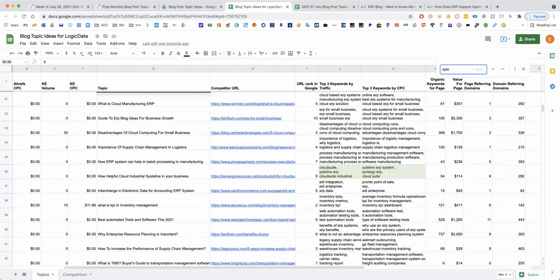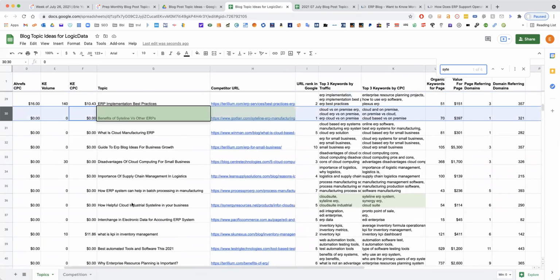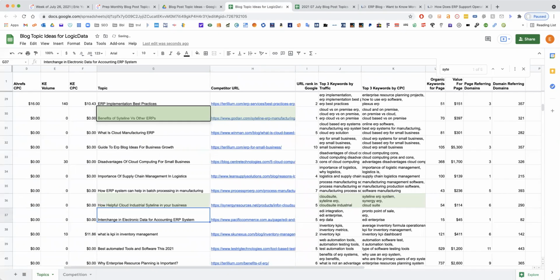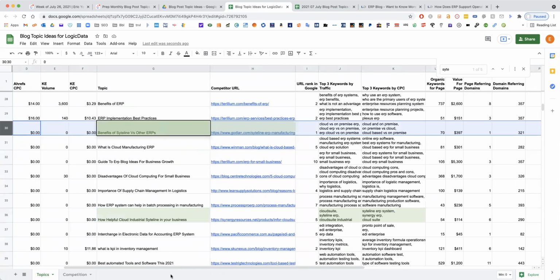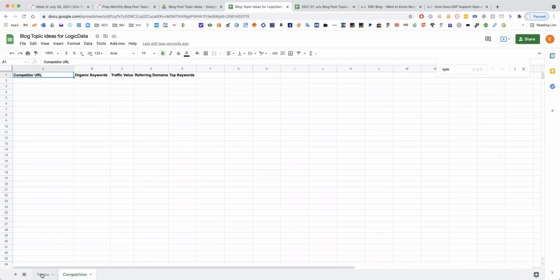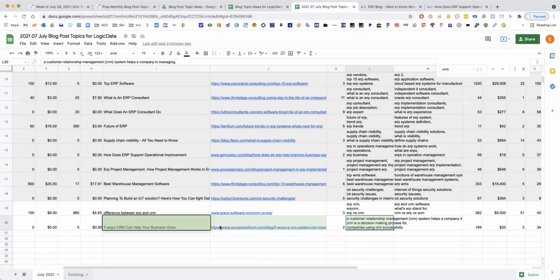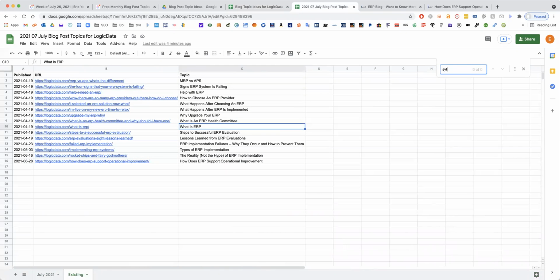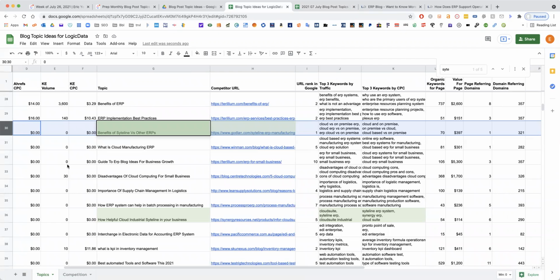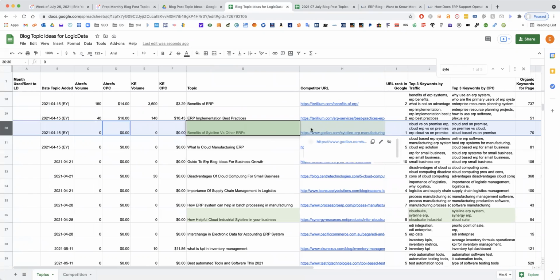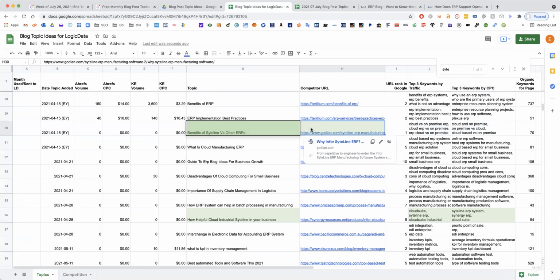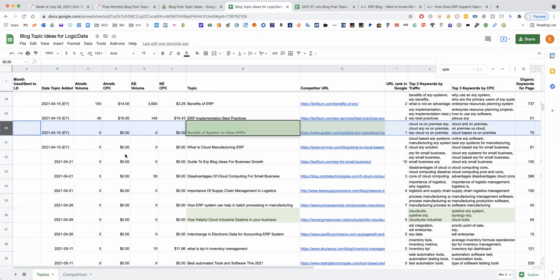Let's see if they have any others about Sightline. This is, let's do this one. I like this one. I don't think they've really done much on Sightline before. Let's just be sure. So yeah, they haven't done anything specifically about Sightline. We can just throw this one in. This will work. So I'm gonna cut it